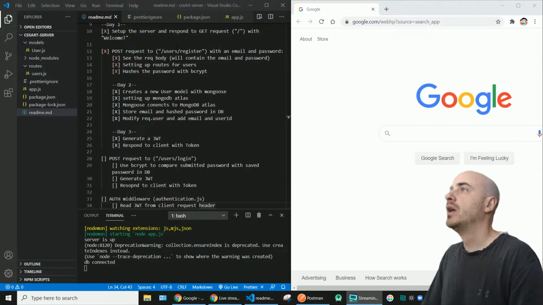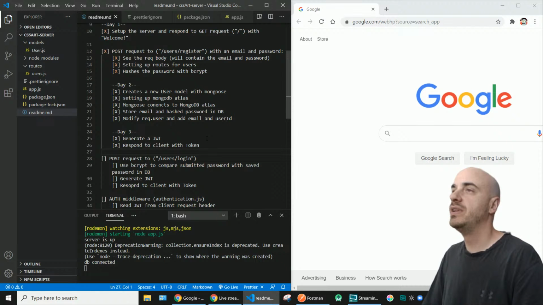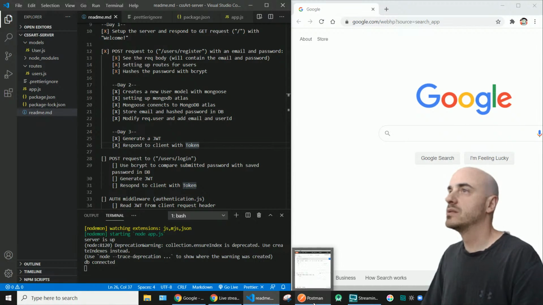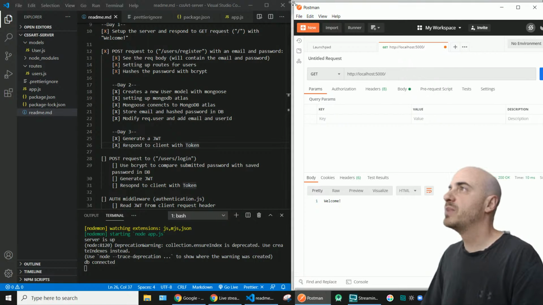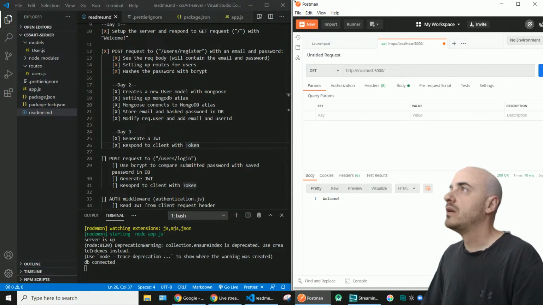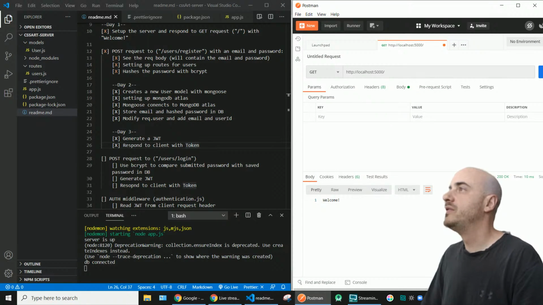Okay, cool. So yeah, day 3, just a quick recap of what we did. Generate a JWT and respond to client with token. So let's go ahead and take a look at that. So we pull up Postman, and in Postman, if we do a request to